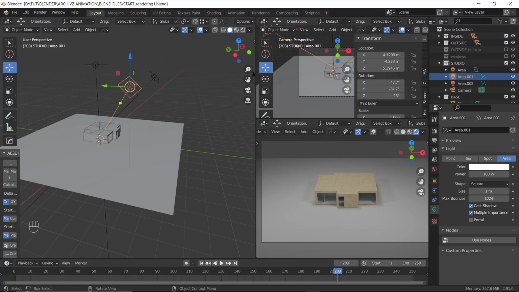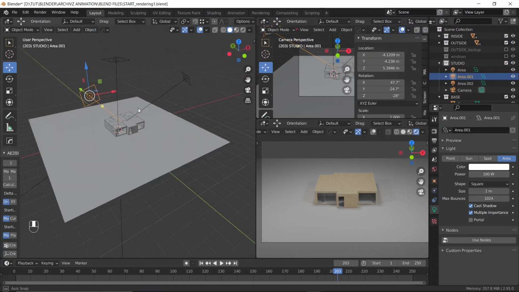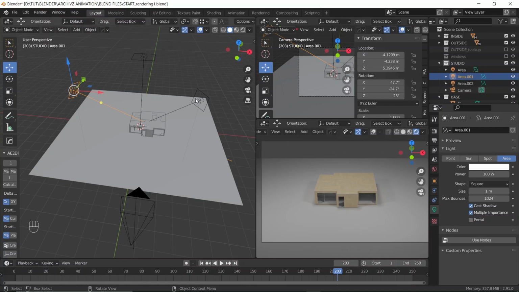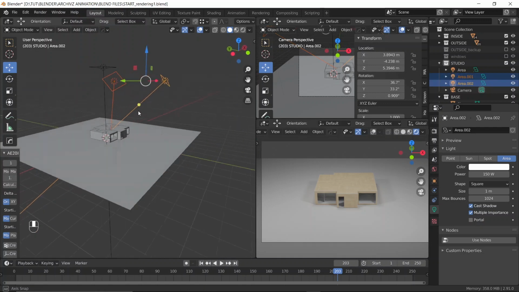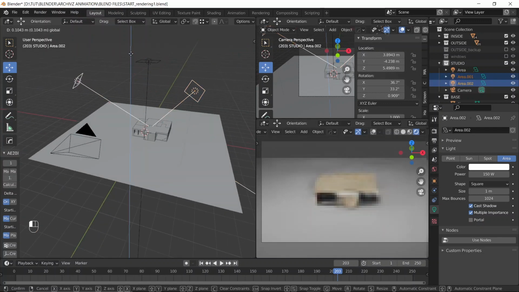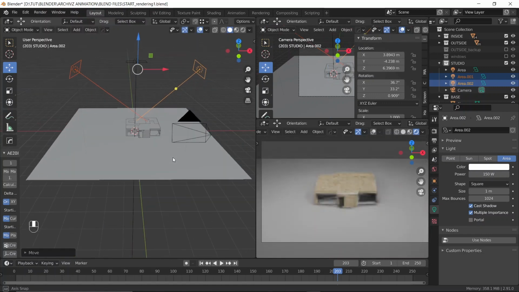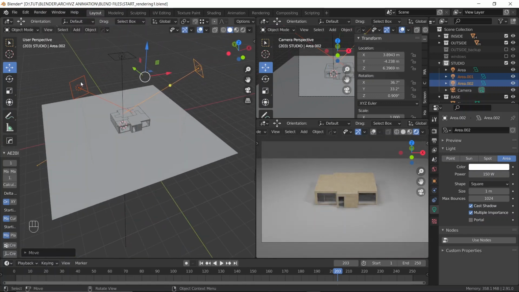If we want, we can change its value, change the power of it. So I'm just going to shift click and select these two lights. Then over here in the power, I'm just going to alt click and then type 150. Basically what that did is whatever changes I made to one light, it did the same to the other light. And that happens when you hit alt. And I think these are a bit too low, so I'll just bring it up, something like this, and I'll just select this light